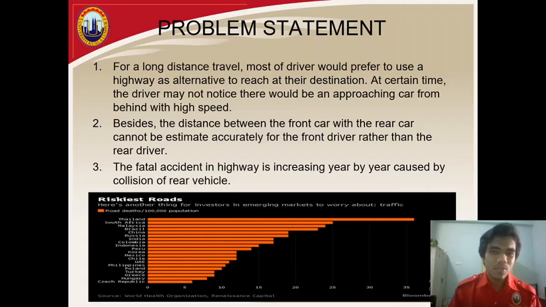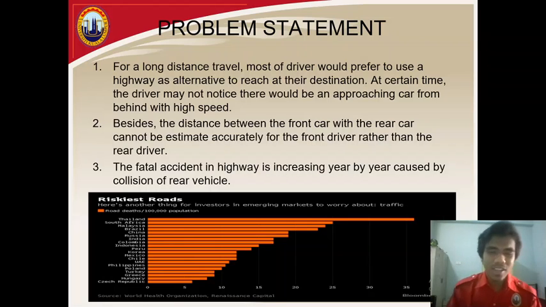And lastly, fatal accidents on highways are increasing year by year caused by rear vehicle collisions. Sadly, in 2018, Malaysia was ranked third place with the highest accidents